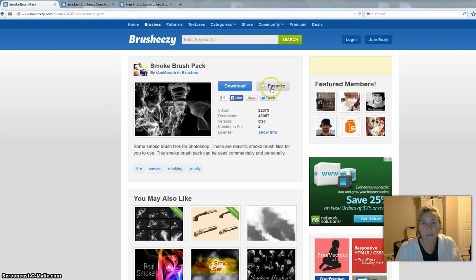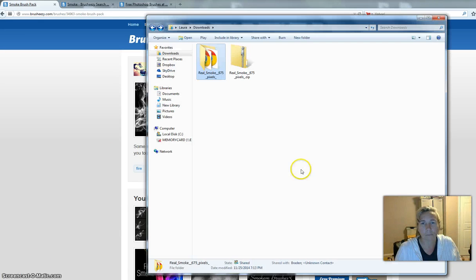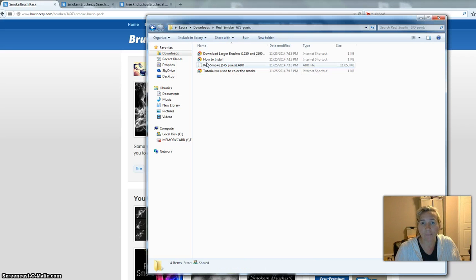So what we'll do is click download and download this to our downloads file. Once you've downloaded this file, it will show up as a zip file. You'll need to unzip it and create another file. Once you open that file, you're going to look for the name of the file and look for .abr. You want to double check and make sure that the file's not too big, because if it is too big, it's going to start bogging down your Photoshop and you're going to have to delete some of your files